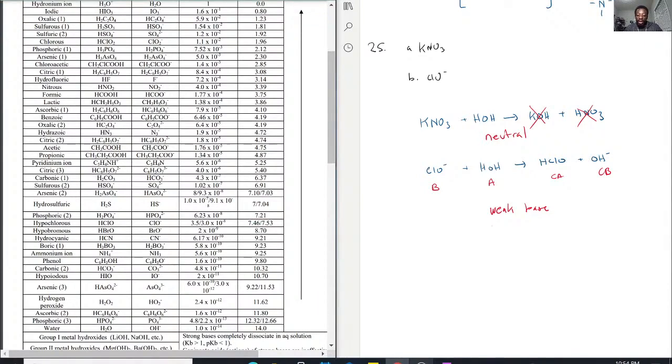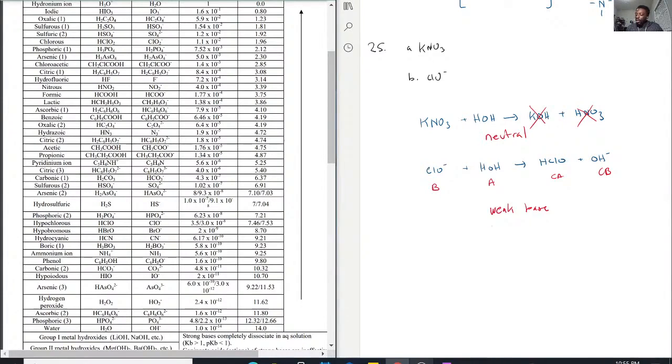So the pKb will be 14 minus that. Let's use the one that's even more basic. 14 minus 7.53. That's like an extremely weak acid. Almost, you could argue that it's basic almost. But nonetheless, we have